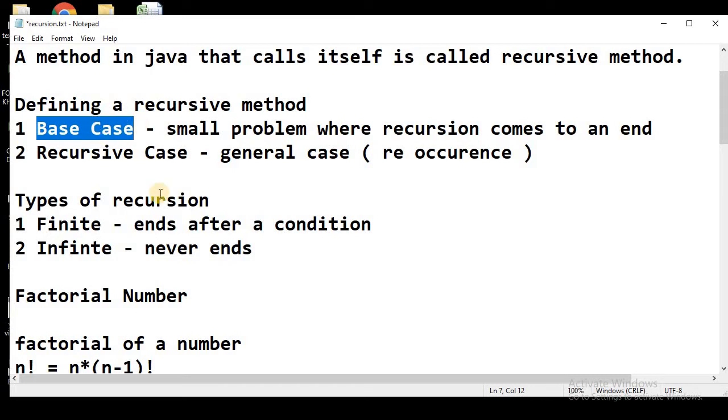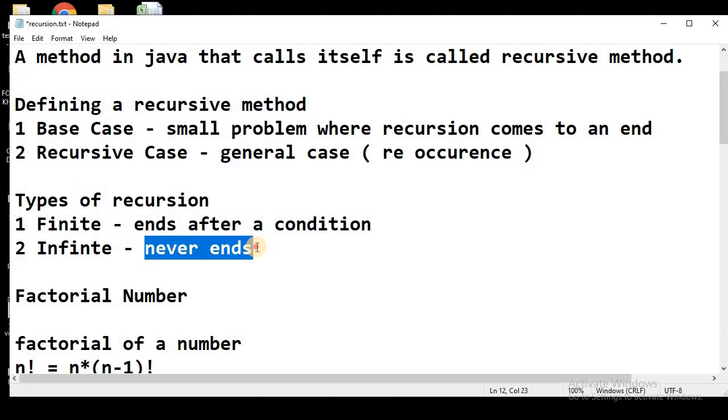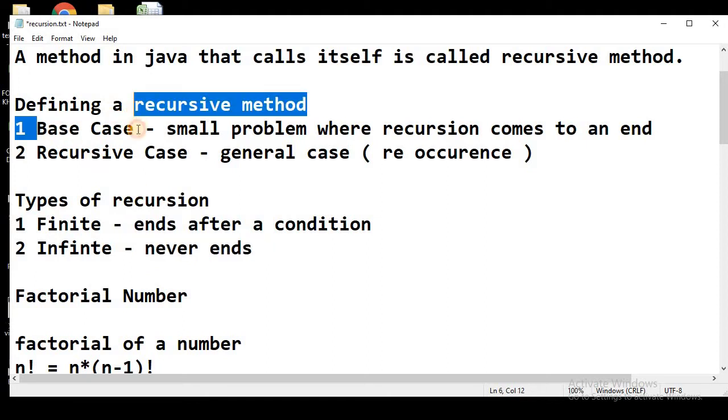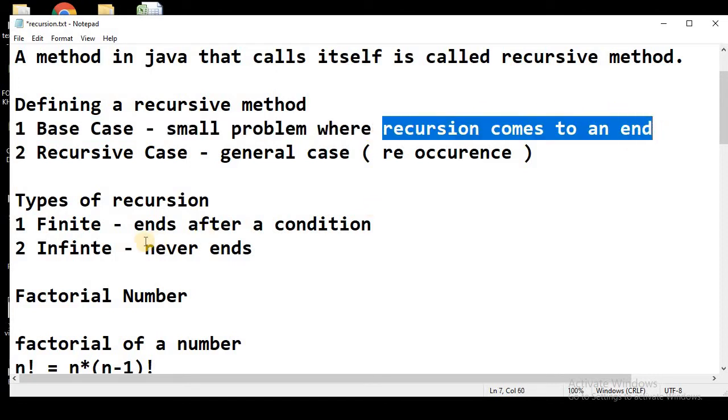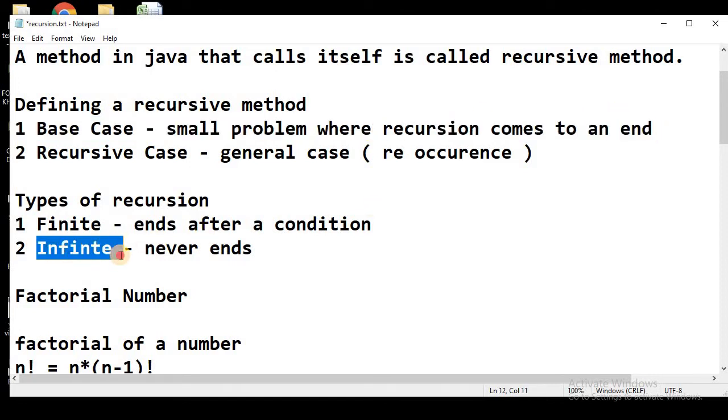That means it does not have a condition where the recursion comes to an end. So when we do not have a base case, the recurrence will never end, and this will go into an infinite process. Let's understand recursion with the help of a practical problem.